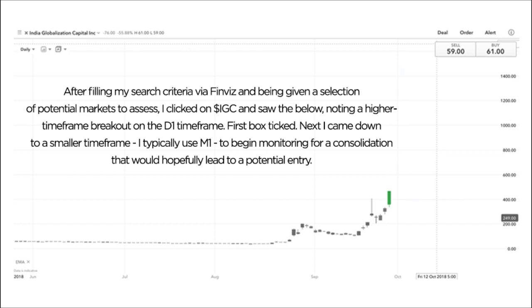All looks brilliant so far, so this is definitely a market that we're interested in on the day. So what do we do next? Well, we come down to a smaller time frame. I typically use the 1 minute chart to then begin monitoring for a consolidation that would hopefully lead to a